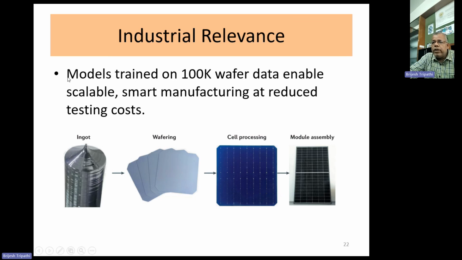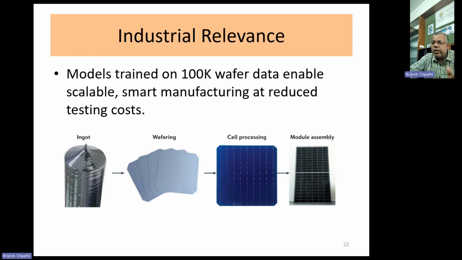The relevance for industry, we can say that models trained on 1 lakh wafer dataset will enable scalable smart manufacturing at reduced testing cost. So the preliminary study was done with a small dataset, but for smart manufacturing, we need a bigger dataset to train the model and predict some of the information which is crucial for